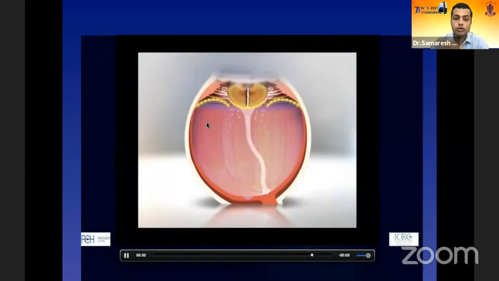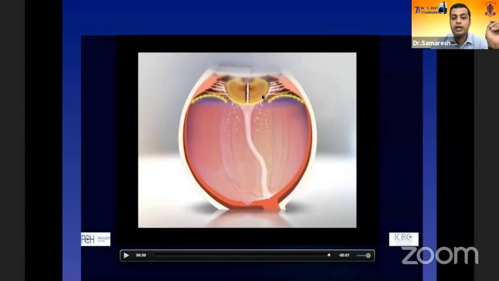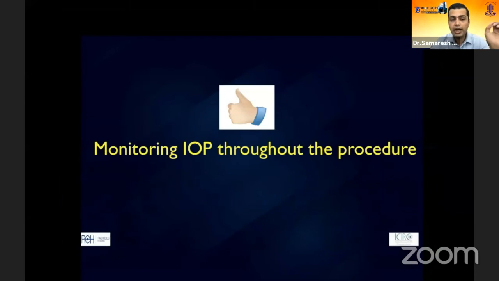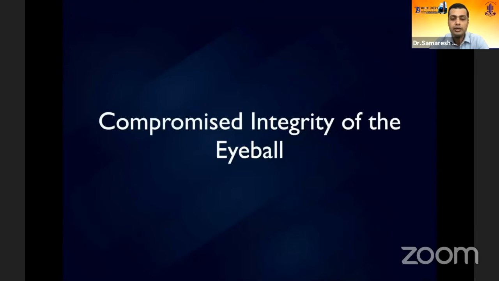Just to suggest that if you use high parameters, you're going to break the natural barrier of the anterior vitreous phase, and this will lead to all inflammation, particularly in myopic eyes, going back posteriorly, and that leads to cystoid macular edemas, and all the trampolining can lead to retinal detachments and breaks in the periphery as well. So it's a great idea to monitor IOP throughout the procedure if you have an IOP-based system. If not, keep your bottle height low, and one understands that good chamber stability happens with good bottle height.